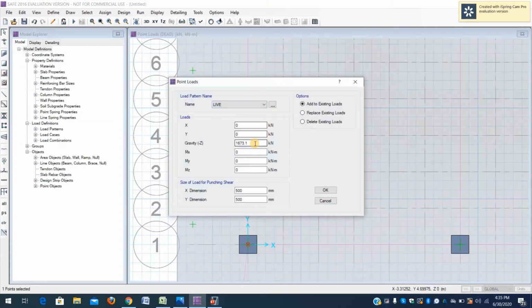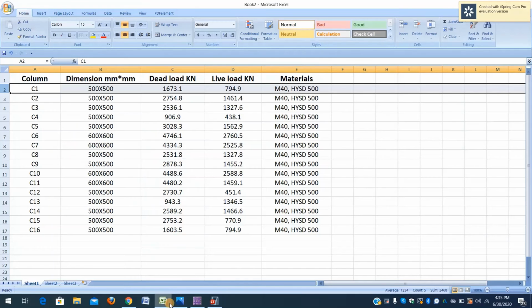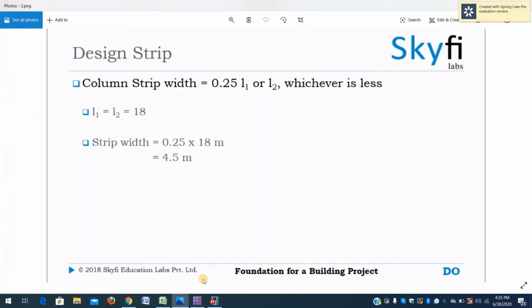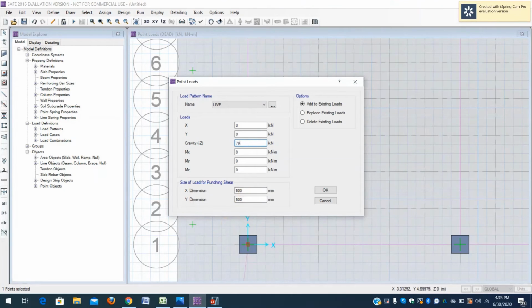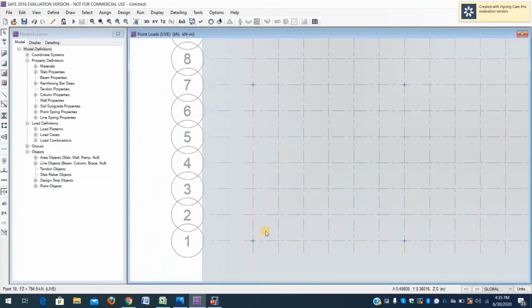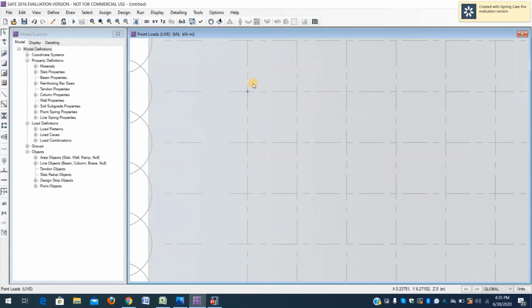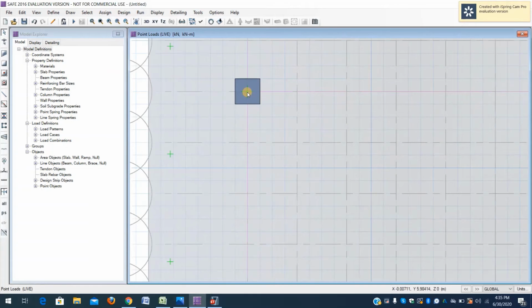Assign live load to this. The live load for column 1 is 794.9. The dimension is also the same for column 1. Click on OK. When the column loads are assigned, in similar fashion you have to assign the loads for the other columns also.